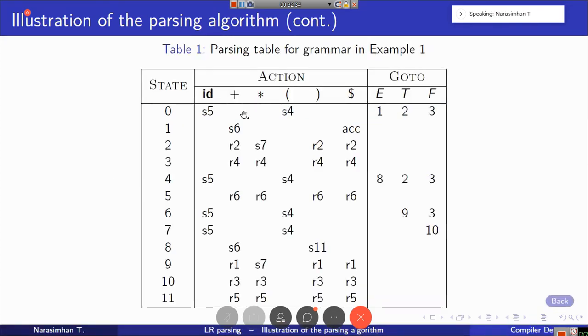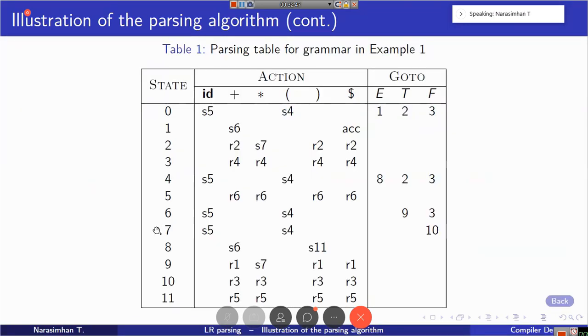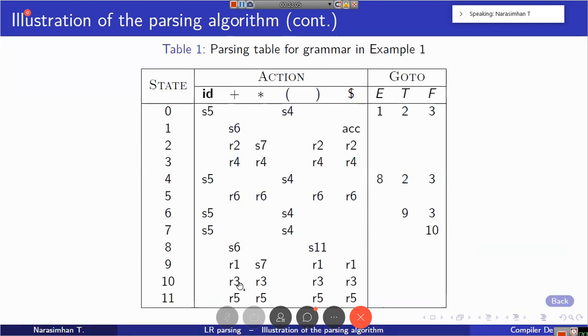5 and plus is R6. Reduce using the last production. You pop two symbols, ID and 5 will pop. Check for 7 F. 7 and F is 10. So 10 as well as this F will be pushed. Then notice that reduction operation doesn't consume any input. Next symbol is plus itself. 10 and plus is R3.